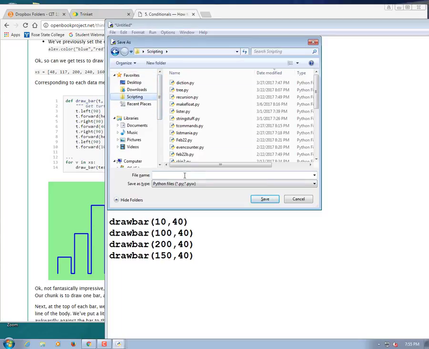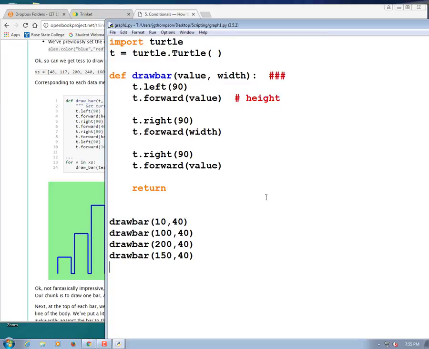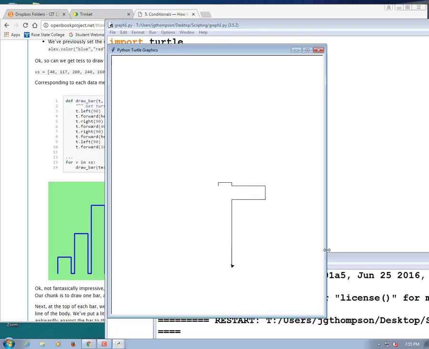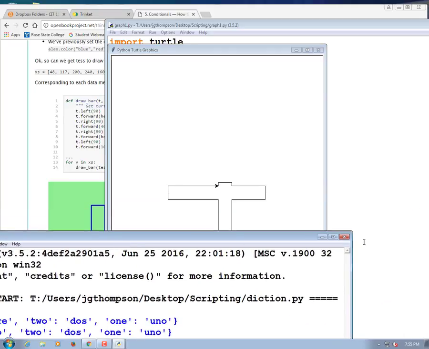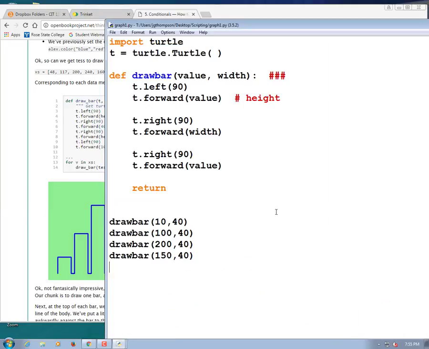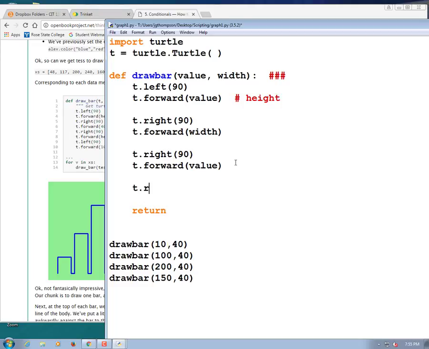So let's save this as graph 1, implying that we may be making more graphs at some point. Mine's doing weird stuff again. Yay! Alright, this looks really lousy, but kind of fun. That's not at all what I wanted it to do. So turn left, go up. Turn right, go a little ways. Turn right, go down. I forgot to do my final turn left to get us back in the direction we really were going. So tack on one more, turn left,